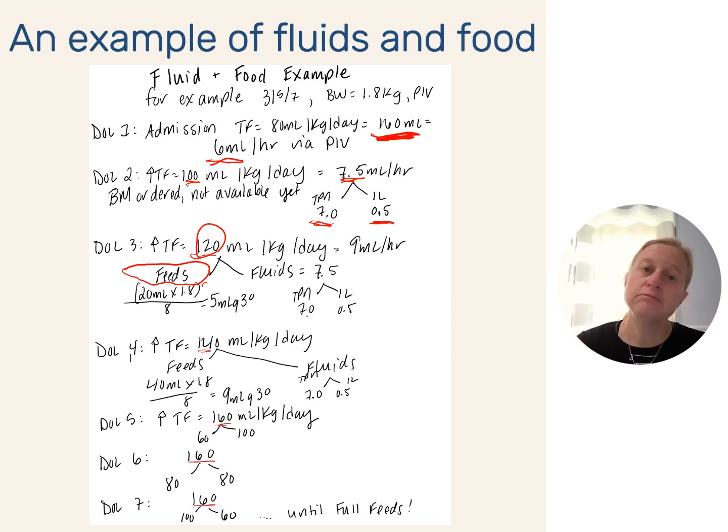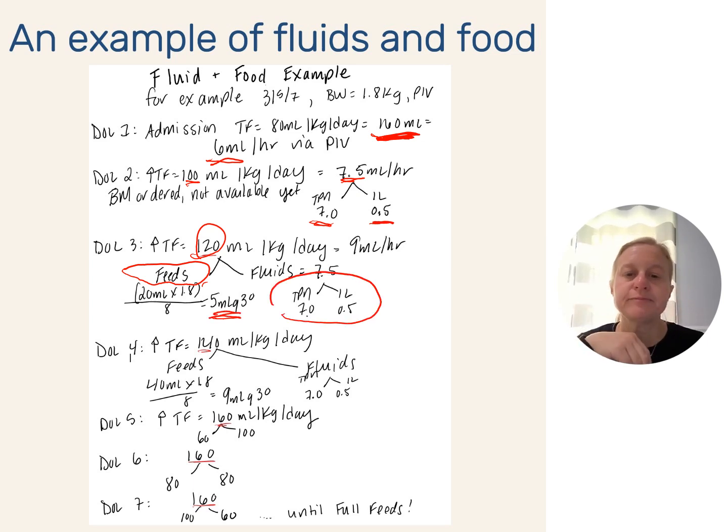But I don't know about you, but we don't feed on intervals with decimals. We don't feed 4.5. We feed at a whole number. So round it up to 5. So we're going to give this baby 5 mils every 3 hours, and we're going to keep our fluids running the same. The next day, we're going to go up again to total fluids of 140,